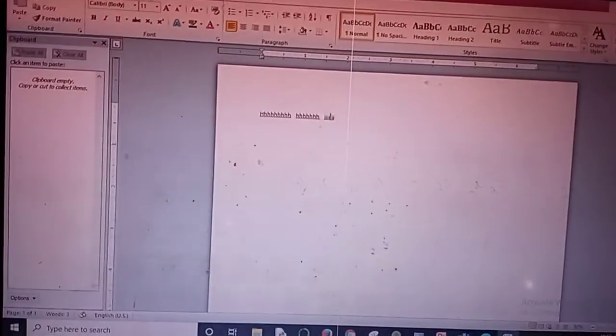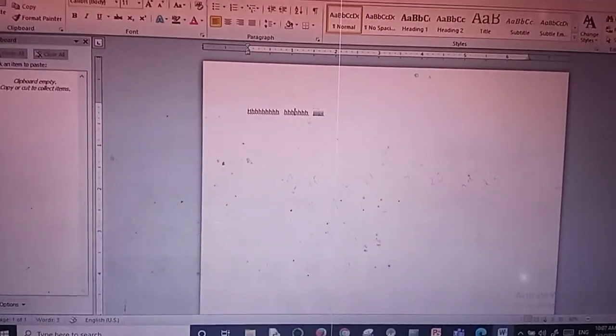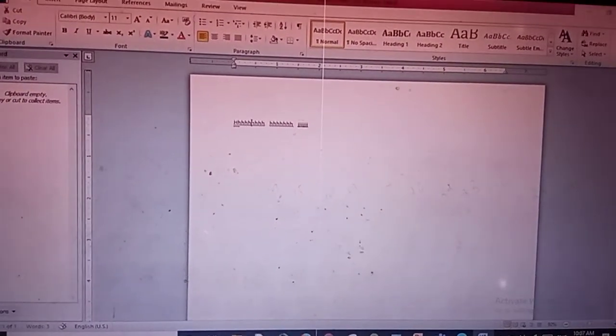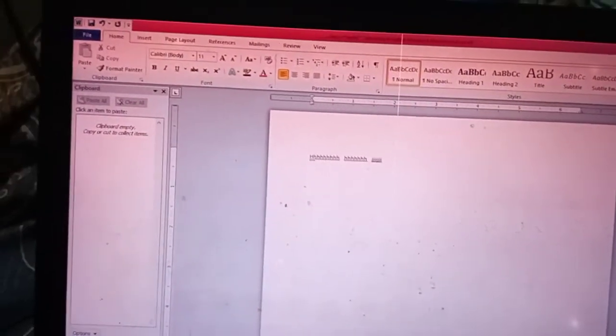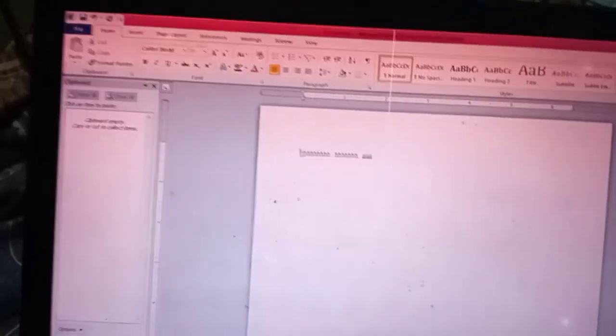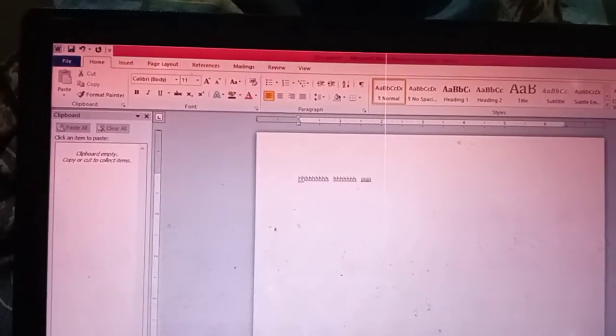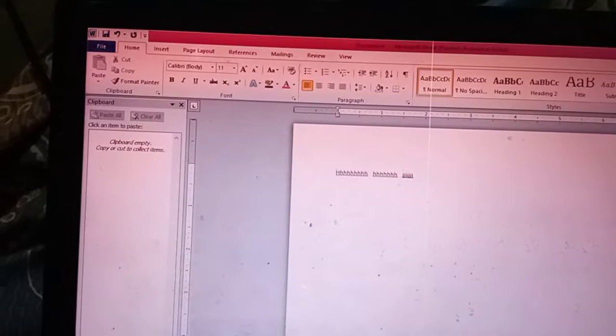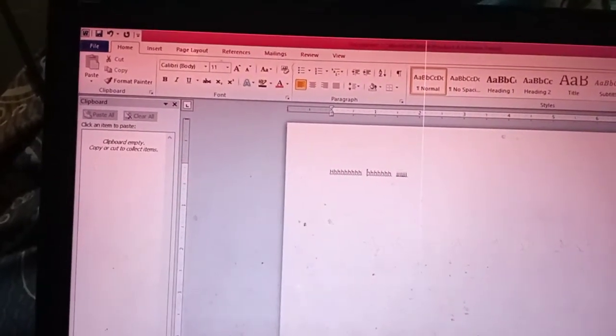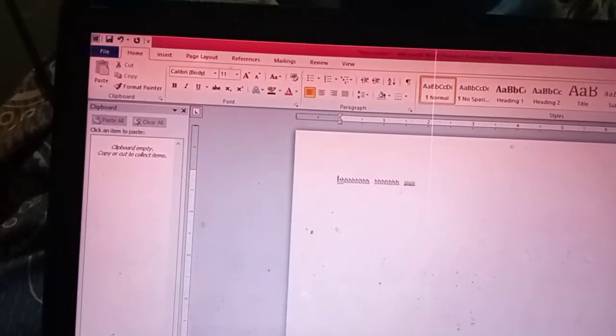Then if you assume that your cursor is in the first word, then if you press control plus the right arrow, you can move to the end of that word. Look at that here, control plus, then control plus left arrow means you can move to the left side.